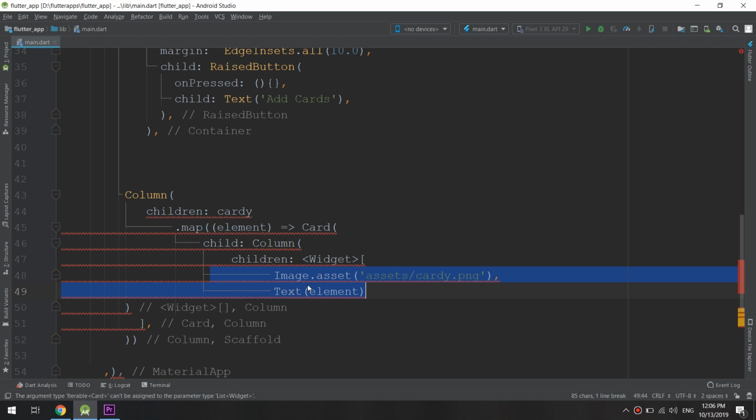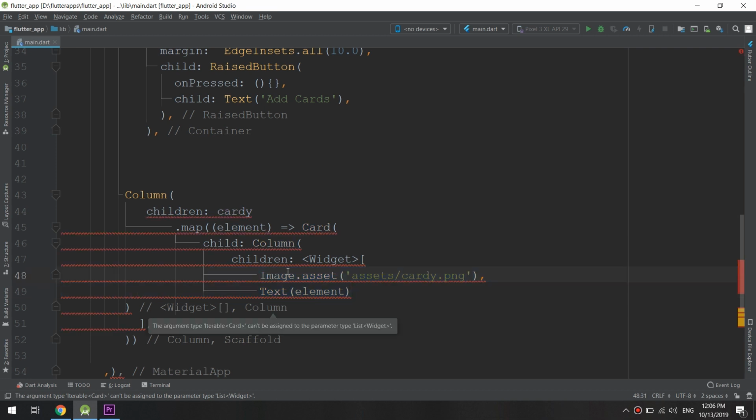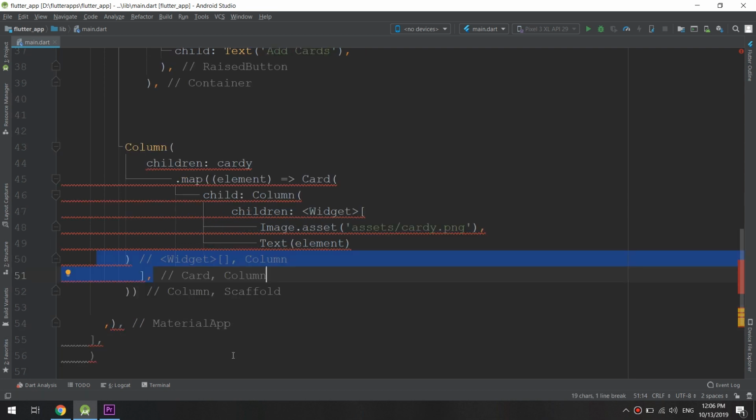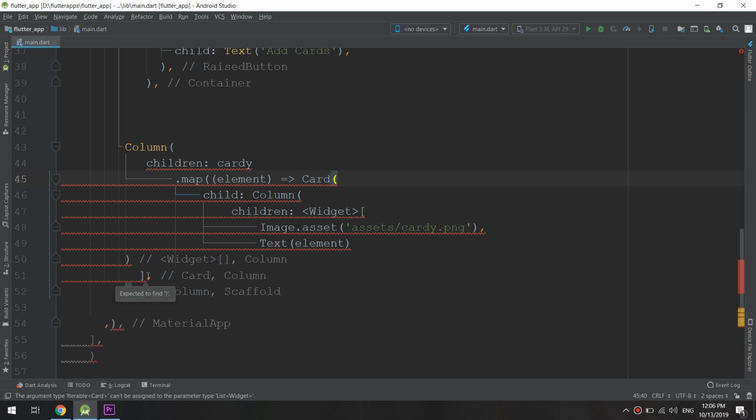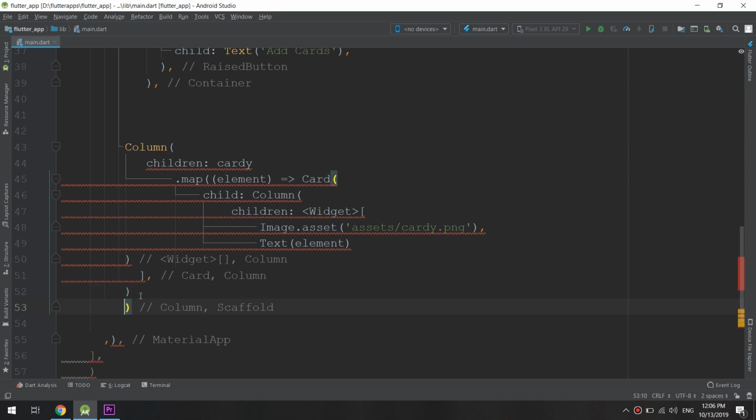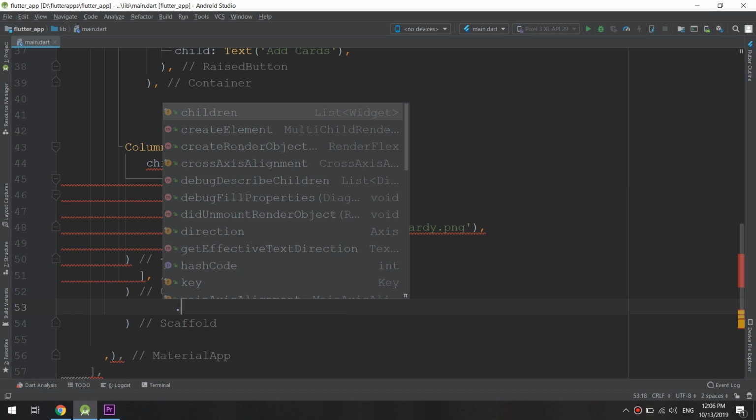And the type widget will contain an image and a text. We still have to do just one step and we will be done. So at the end of the card and the column, this is a card, and we put